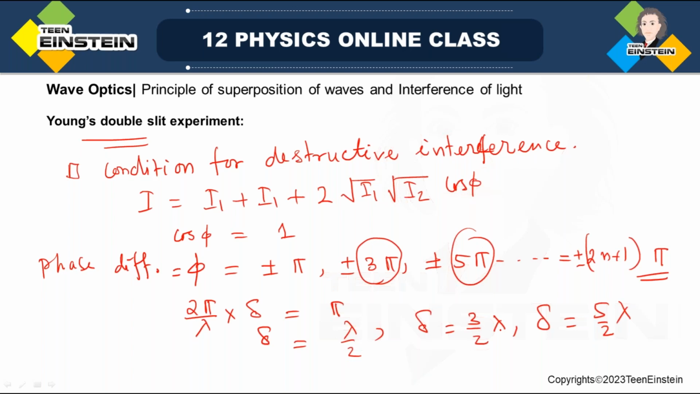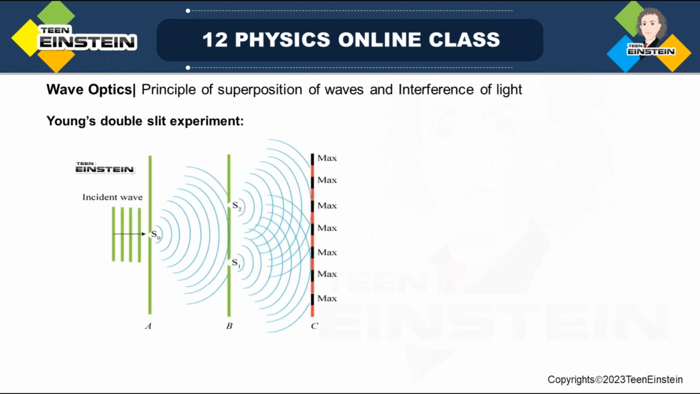Odd multiple of lambda by 2, or odd half integral. This is of half, odd half integer number, okay. See here, 1 into lambda by 2, odd half, then odd half lambda, odd number with half lambda. So the path difference has to be an odd multiple of lambda by 2, okay. At this condition, the destructive interference will occur, okay. So in this phase, okay,